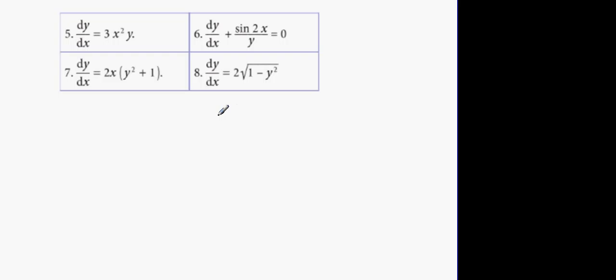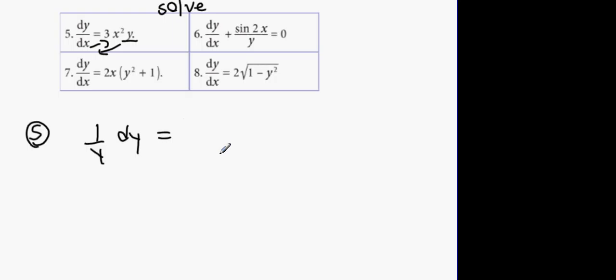What we're asked to do is solve the following, okay? Now, the difference between this one and what we did in 12e is there are no limits, okay? So to go about doing this, all we have to do is cross multiply the y down and the dx up. So for number 5, we're going to have 1 over y dy